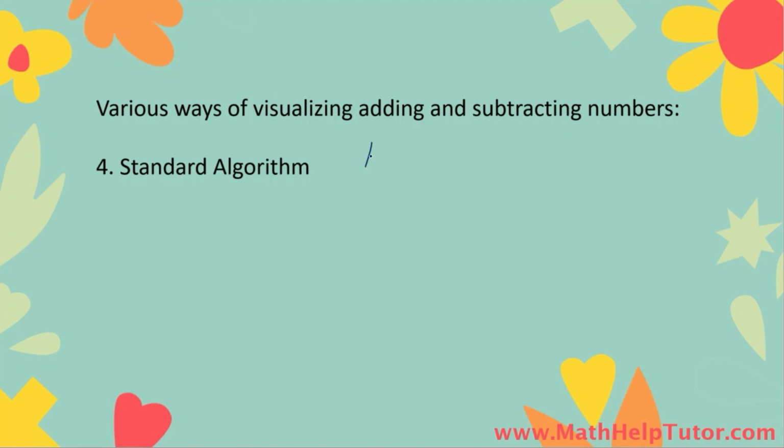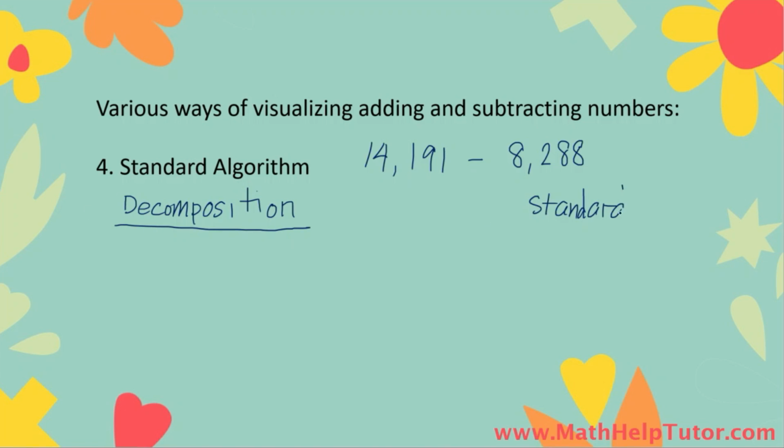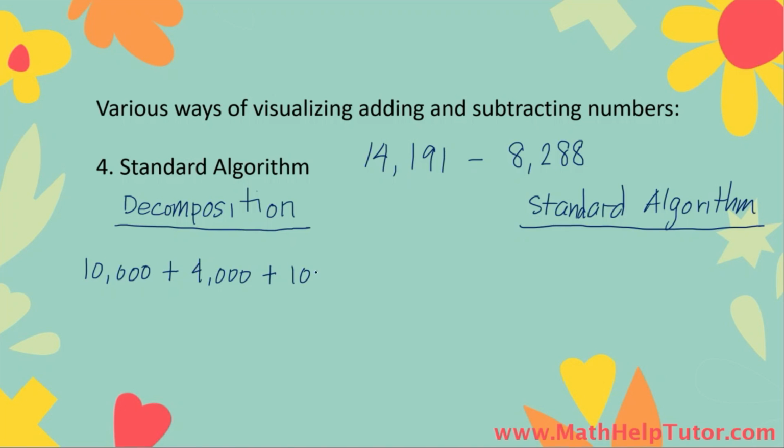So let's subtract 8,288 from 14,191. Let's have the decomposition method over here, and the standard algorithm over here. Let's first write the expanded form of our first number. That's 10,000 plus 4,000 plus 100 plus 90 plus 1. And then we are going to subtract